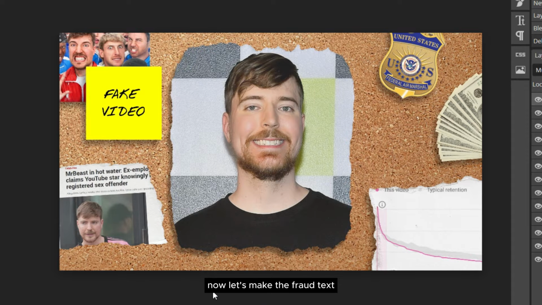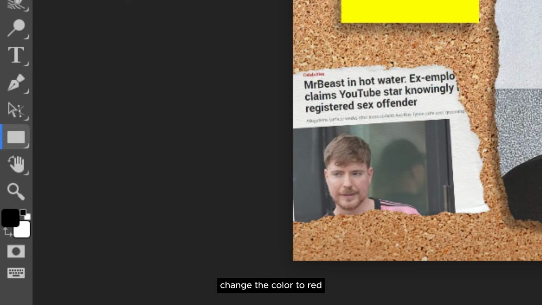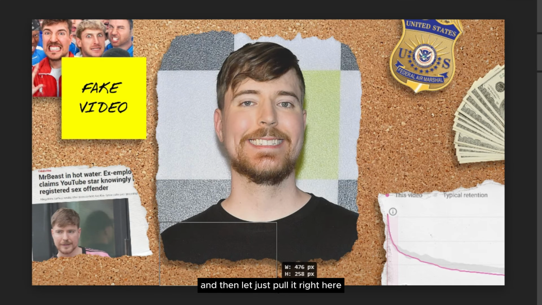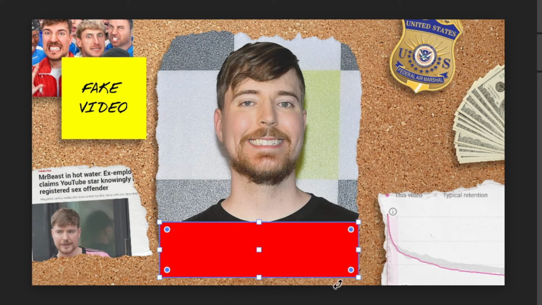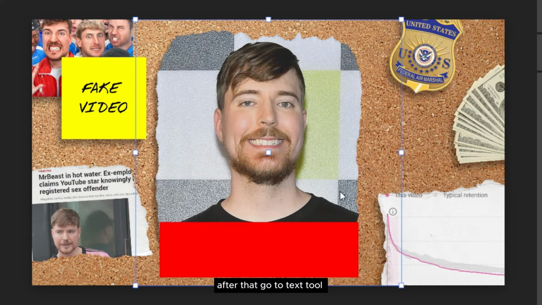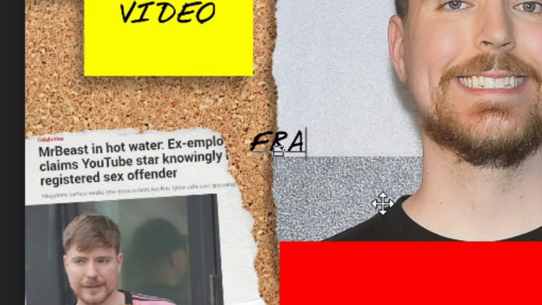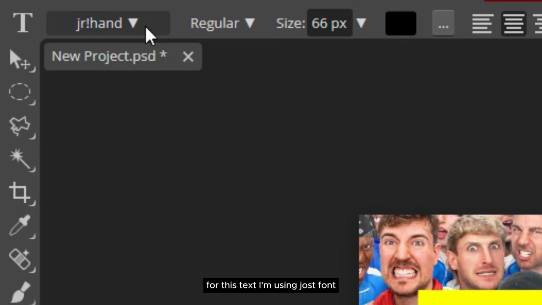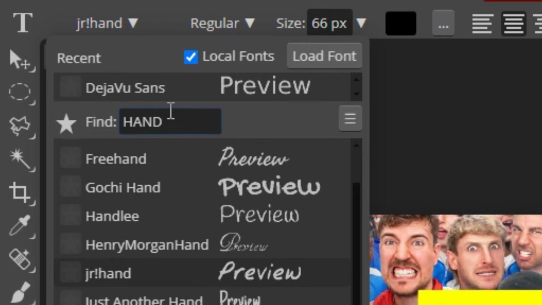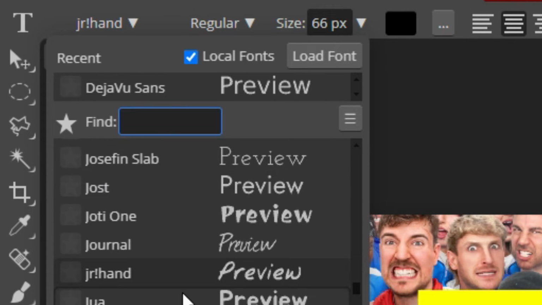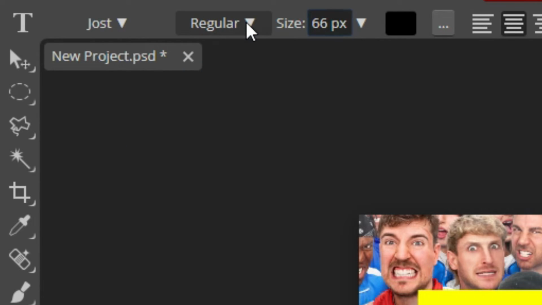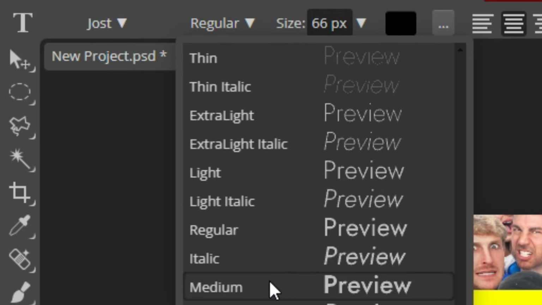Now let's make the fraud text. First, go to the shape tool, change the color to red, and then let's just pull it right here. After that, go to the text tool and type fraud. For this text, I'm using Joss font. Change the type to bold.